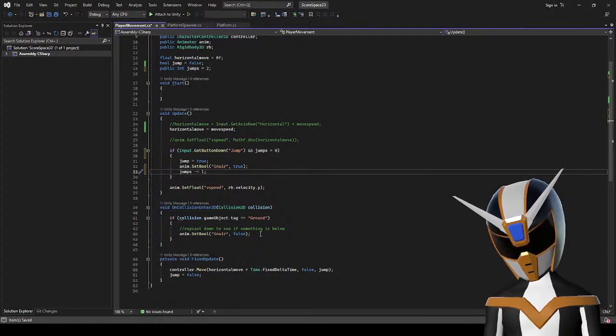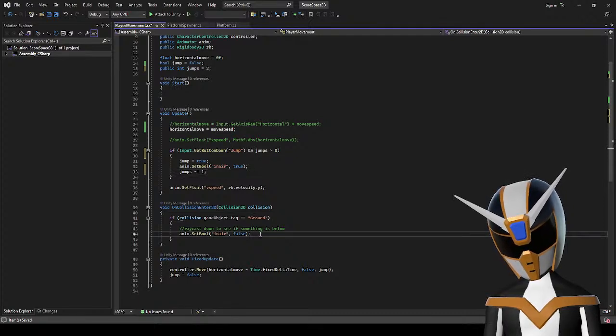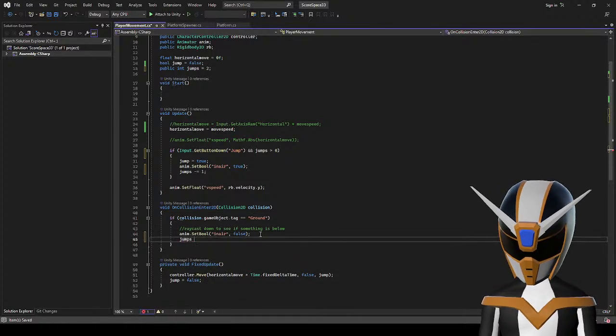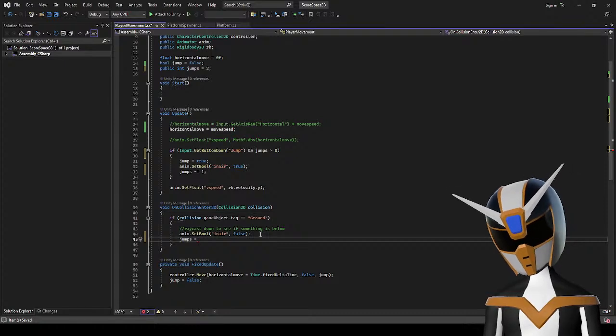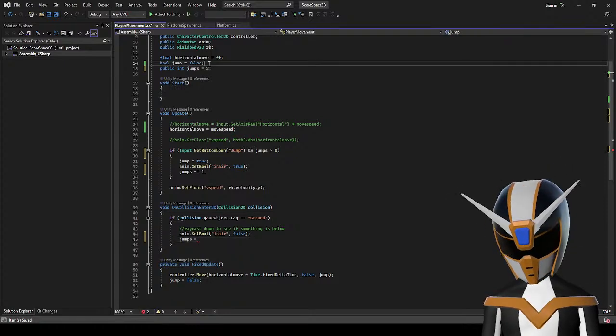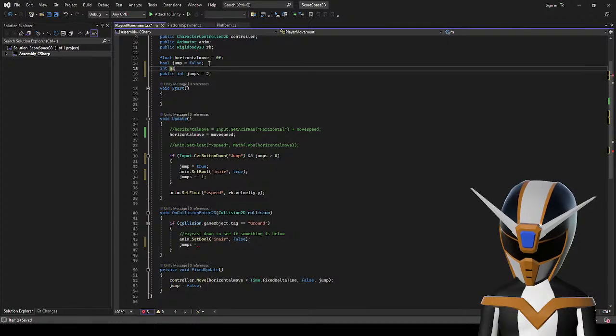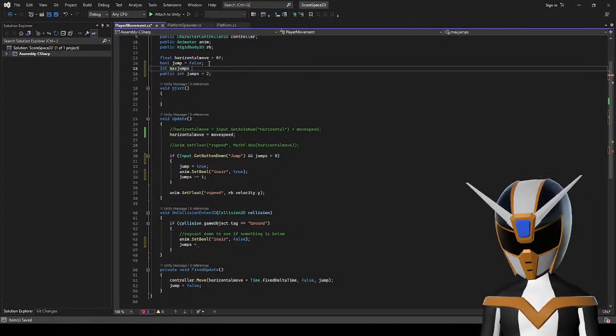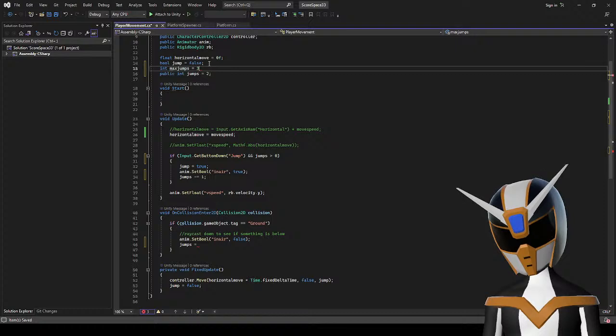And then on collision with the ground, let's go jumps equal to... Okay, wait, no. Let's int max jumps is equal to 2, not 3, 2.